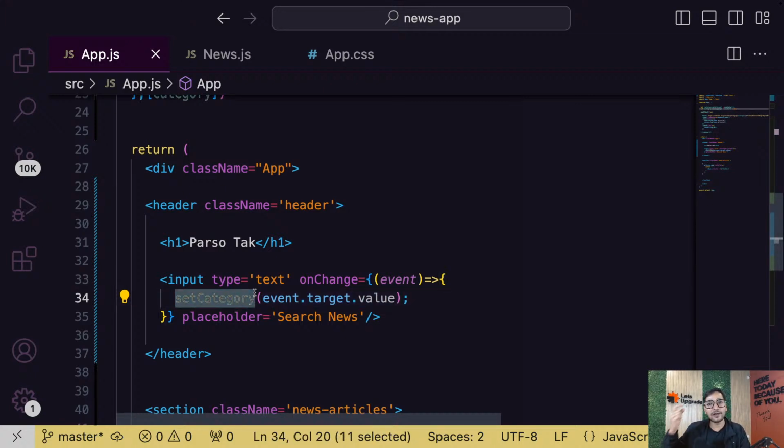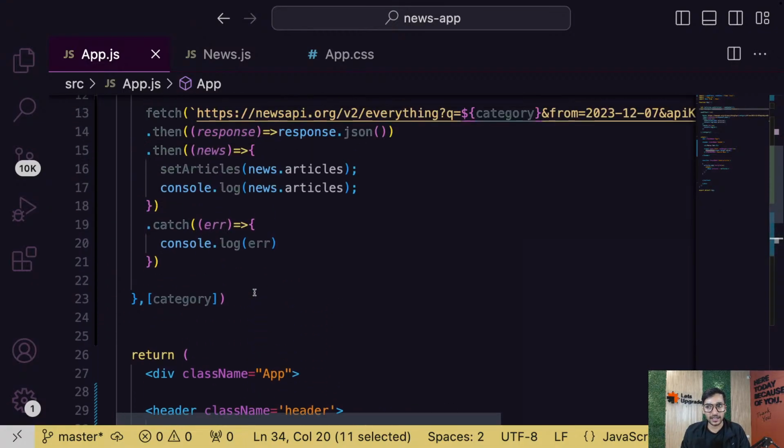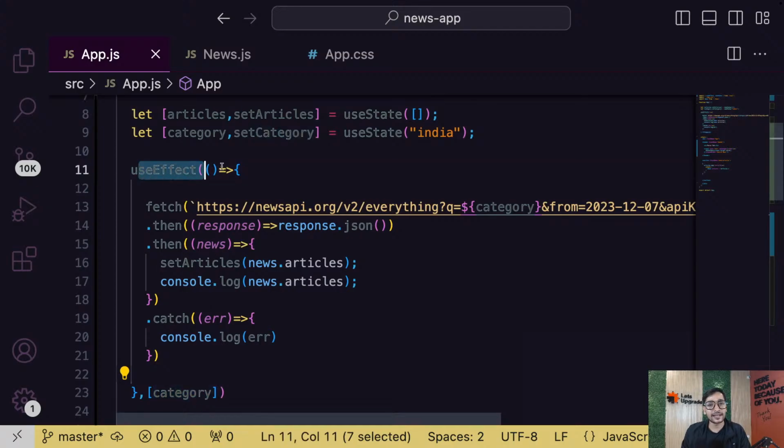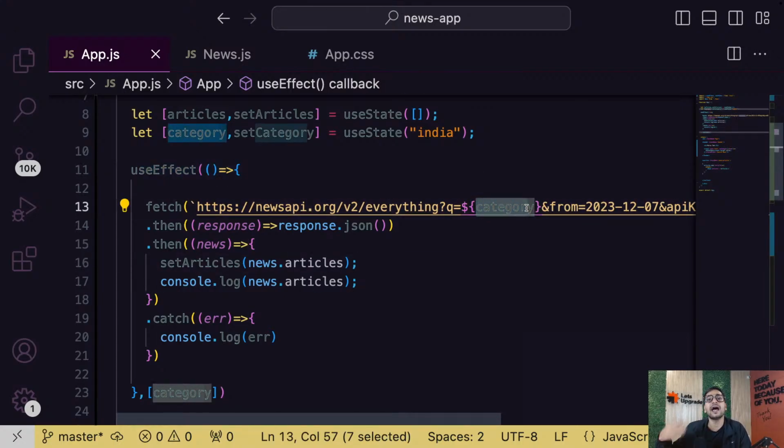That means I'm changing the value of the category variable, and then whenever the category changes, useEffect is called again, and when the useEffect is called again, it is searching for the news related to the new category. So if I have written animal, that means q equals the new category, animal.